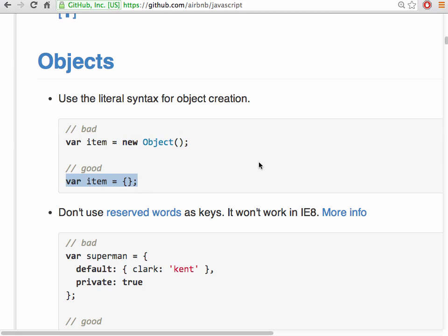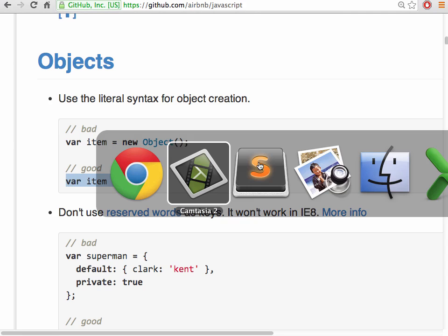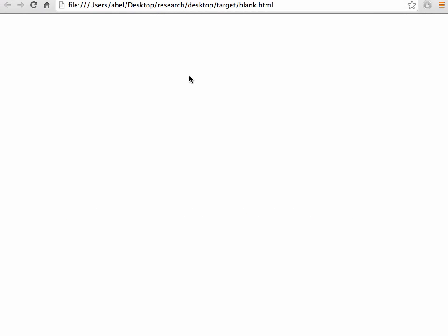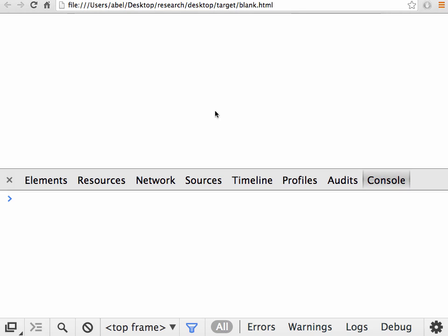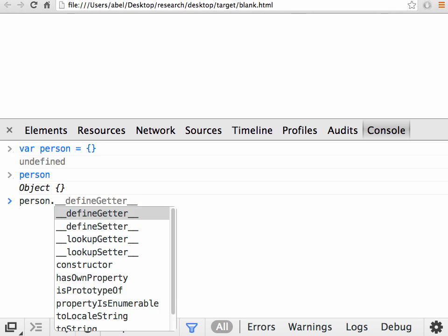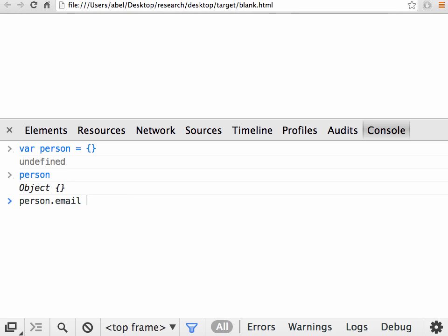I'll go ahead and give you a quick demo. I have the browser here, but it's just in a different window. I'm going to go ahead and open up the console. So if I were to do something like var person and start to put in the two curly braces, you can see there that when I do that, I've already declared an object. I can start to add properties. So for example, if I said person email and I put in my email,